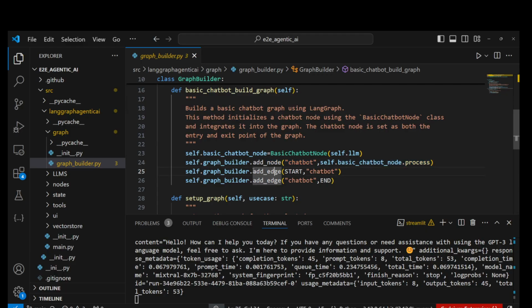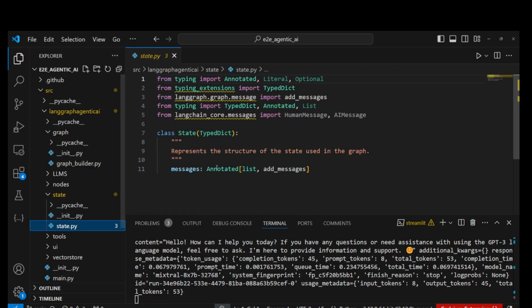Okay, and as it is a graph, it will have a start head. So we are saying that start will point to chatbot, whatever chatbot node we have created. And after that chatbot node is done, it will go to the end of that graph. So this is the high level construct of the graph. And this graph will be maintaining a state, right? So state will be responsible for maintaining all the states, which will get a response from different nodes. And in UI, simply what we are doing,